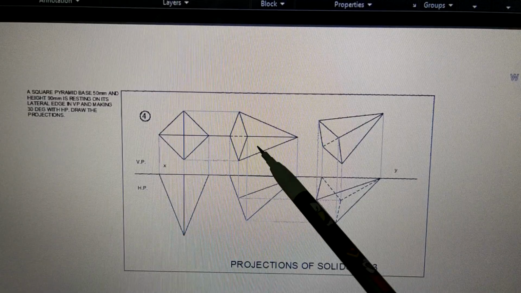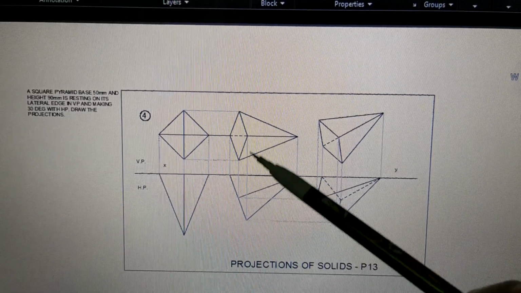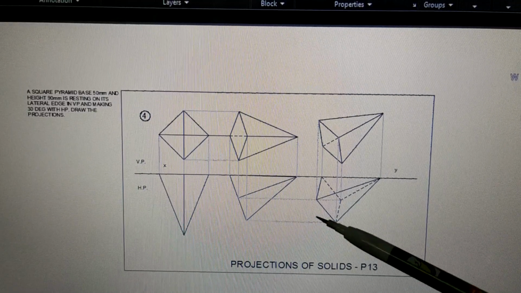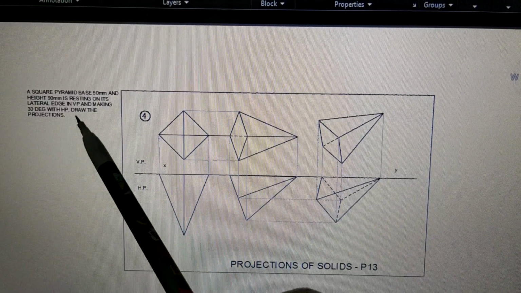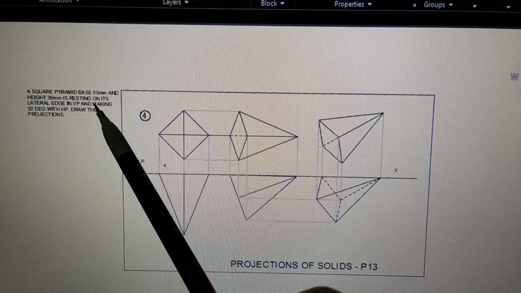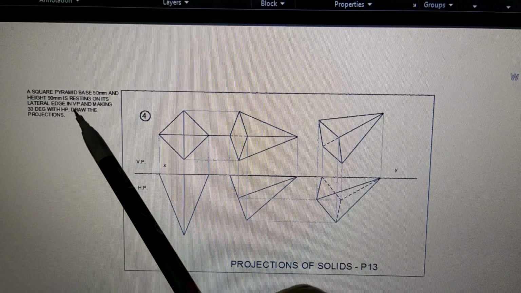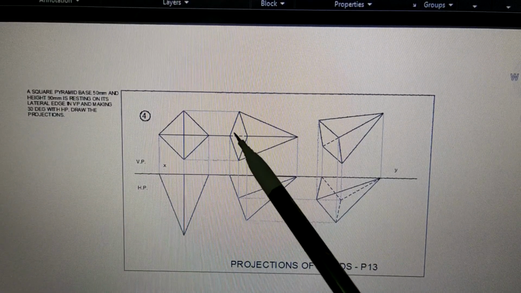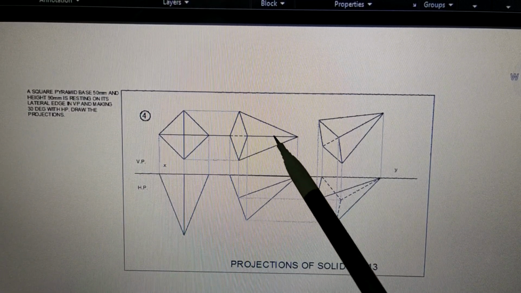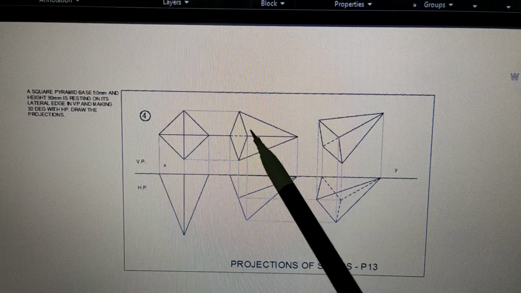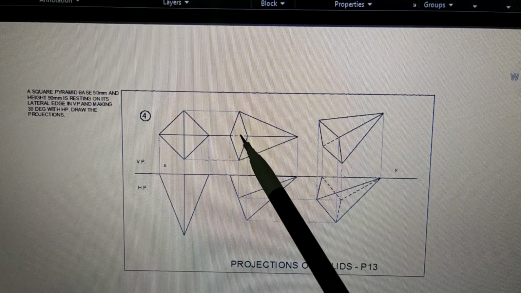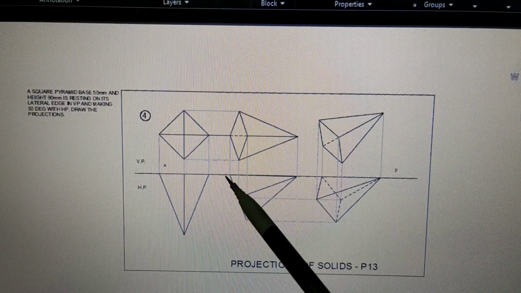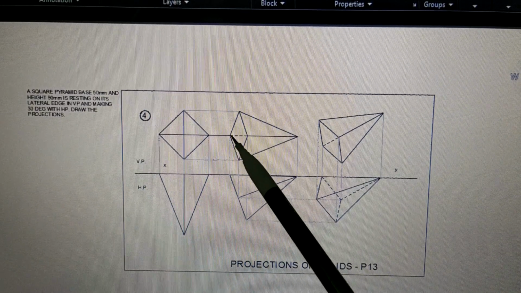Now once you draw this figure, we have got the problem ready up to this much, which is what you have done last semester. Now the next view, it says that the edge on which it is resting, lateral edge in VP, and it is making 30 degree with HP. That means on which edge is it resting? On this edge it is resting. The one which has gone behind, it is seen dotted, and this dotted line is the one on which it is resting, because this line is the one on which it is resting, which is shown here by dotted line.